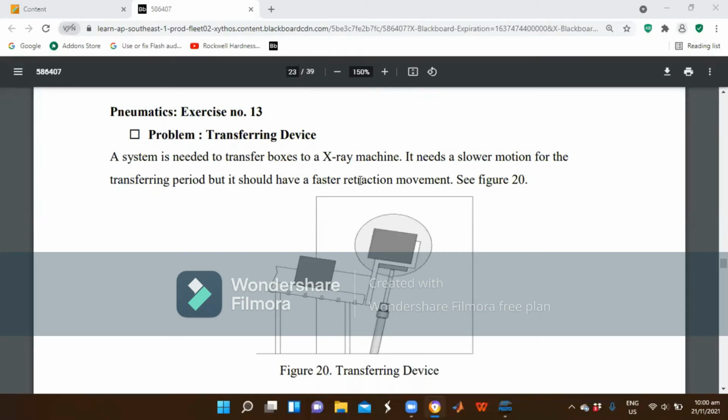Good day, I am Jota Marsilio, and I will be presenting Pneumatics exercise number 13. Problem: transferring device. A system is needed to transfer boxes to an X-ray machine. It needs a slower motion for the transferring period, but it should have a faster retraction movement. So going to the FluidSim,